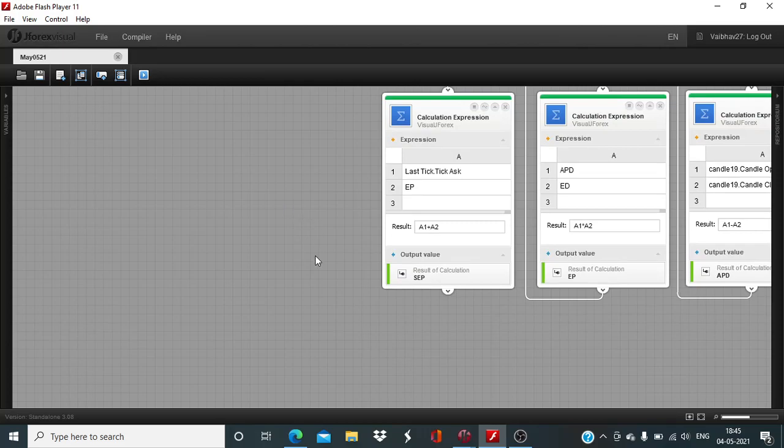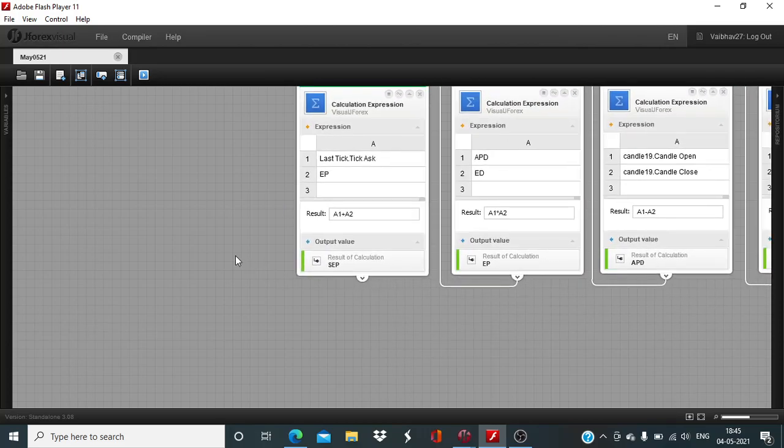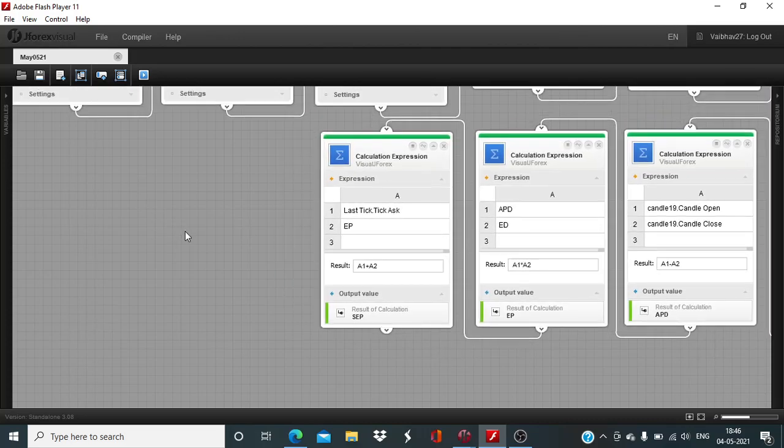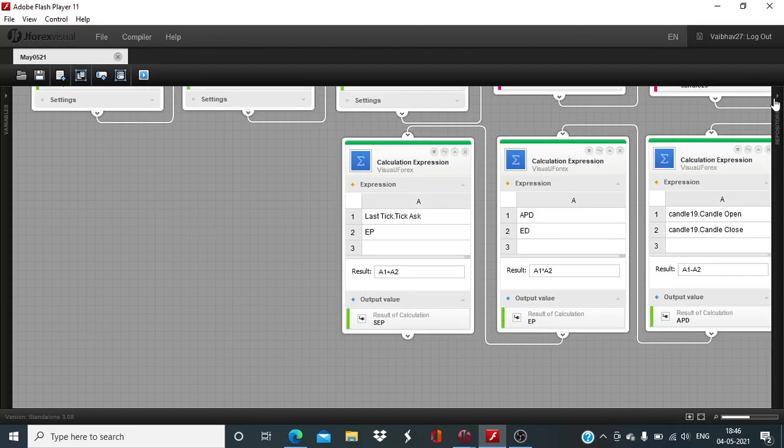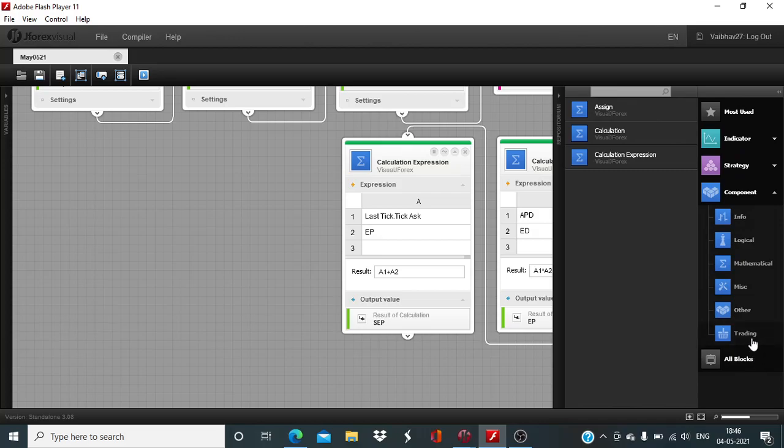First we will add the if blocks to define the conditions which need to be in place for execution of the order, and later on we will come back to calculate the order validity and also the variables for stop loss and target price. Okay, so for the time being I will take